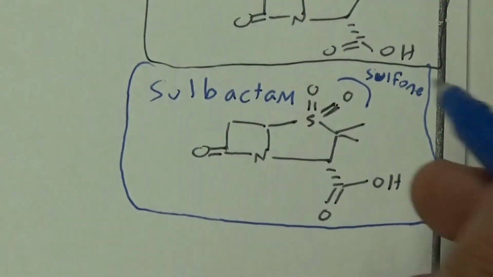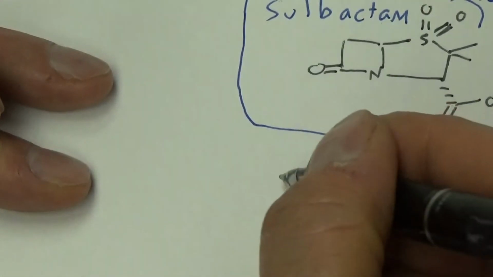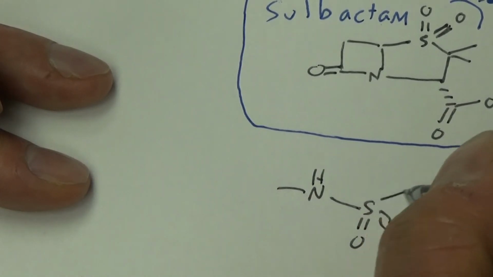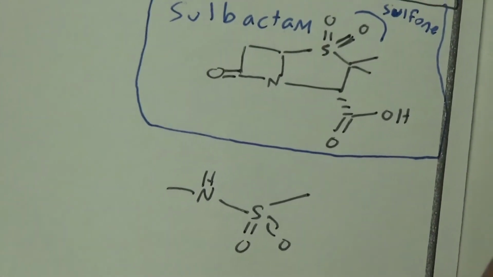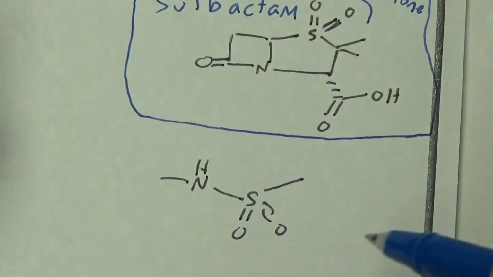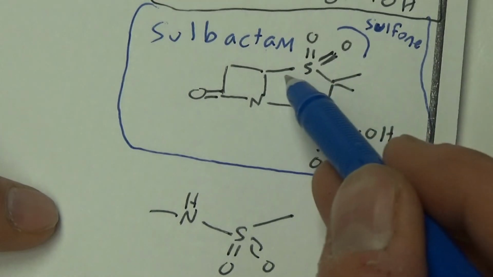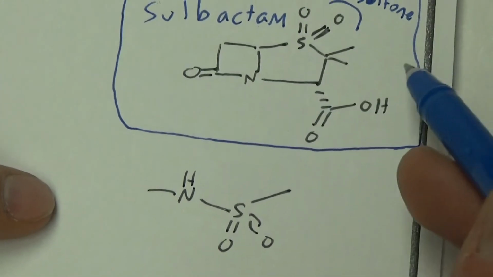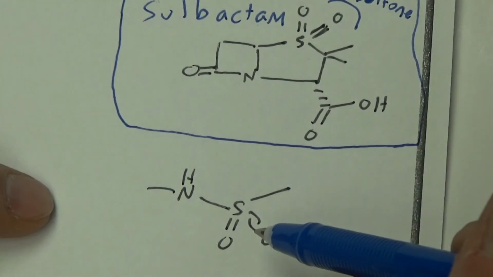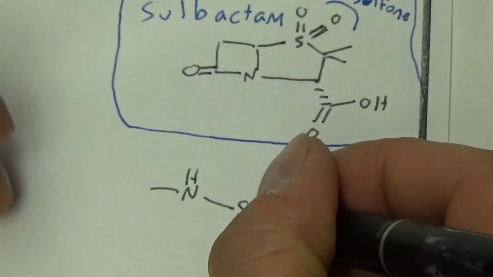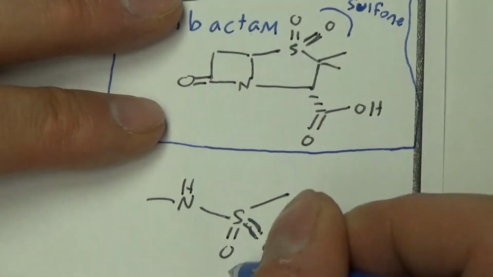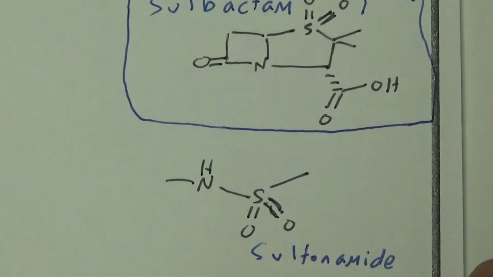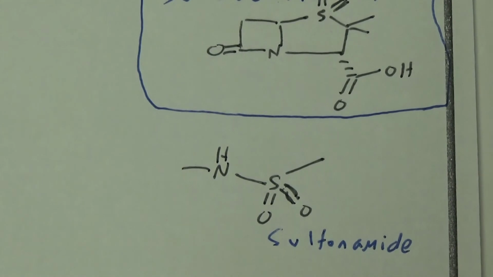I think we also mentioned another sulfur functional group, like if you have a nitrogen, what's that called? It looks kind of like an amide, but with sulfur. That's not a sulfone. A sulfone almost looks like a ketone, right? But it's sulfur, and you have a high oxidation state. This is not a sulfone. It looks kind of like a sulfone, but it's called a sulfonamide. I think these were like the sulfa drugs we talked about earlier. They have a sulfonamide functional group. Okay,